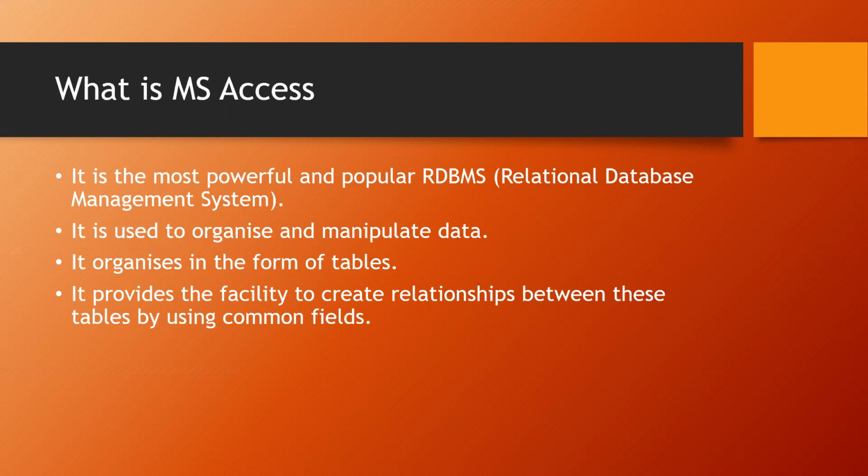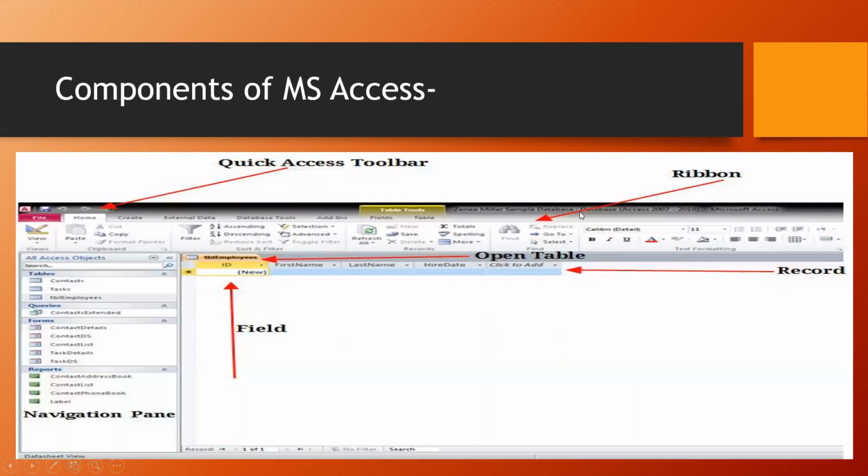Now let us see how tables are made in the relationships. Before starting that, let me teach you a few of the components of MS Access that are important for you to understand. This is the default window of your MS Access. Here, like in every MS Office application, we have a quick access toolbar where undo, redo, and all these options are there. This A tells us that it is MS Access software. Then we have a ribbon, like in every other software, that gives us many options to work in this particular software.